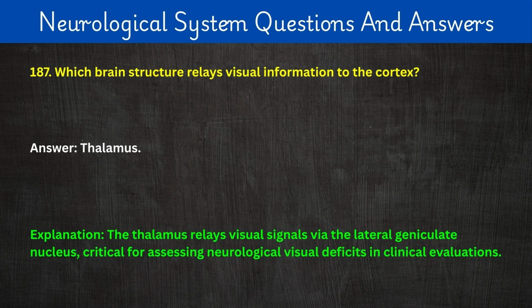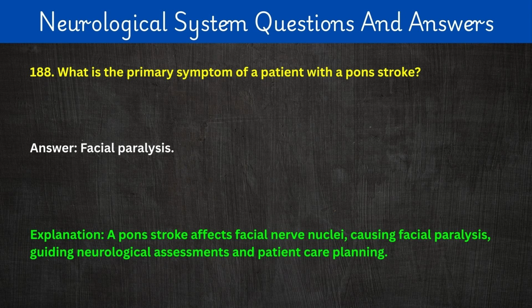Answer: thalamus. Explanation: the thalamus relays visual signals via the lateral geniculate nucleus, critical for assessing neurological visual deficits in clinical evaluations. 188. What is the primary symptom of a patient with a Pons stroke? Answer: facial paralysis. Explanation: a Pons stroke affects facial nerve nuclei, causing facial paralysis, guiding neurological assessments and patient care